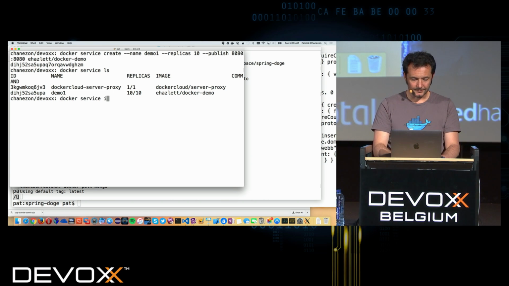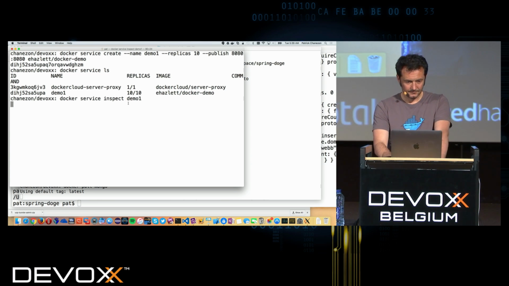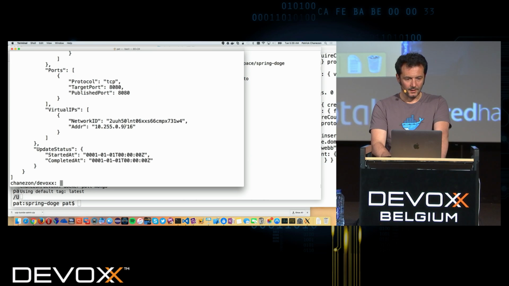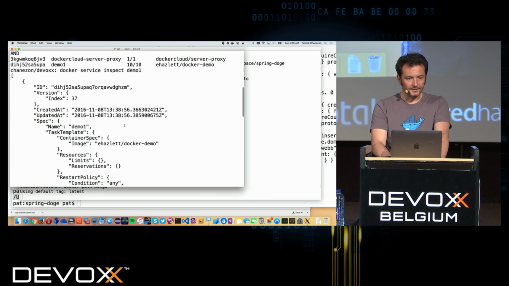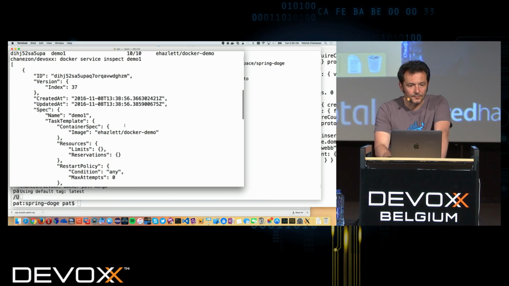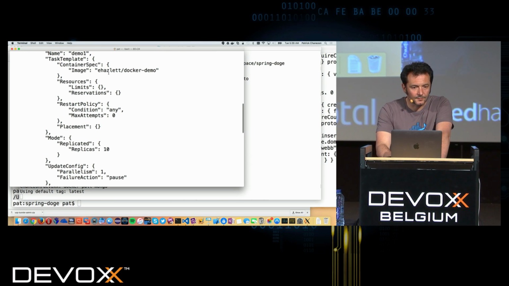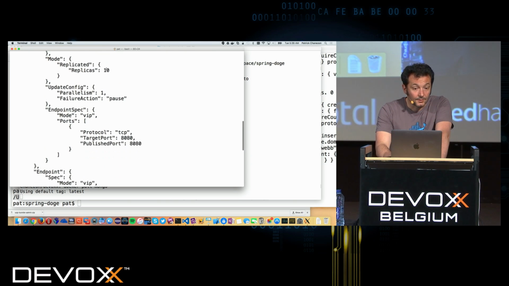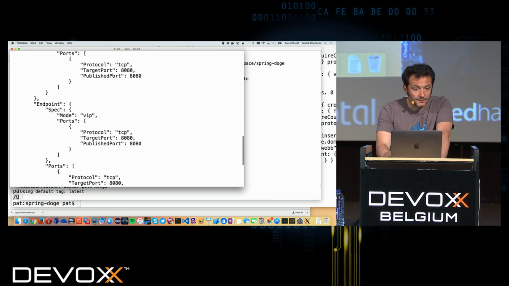If I do a Docker service inspect of demo 1, you can see there I have some more details about the service that I created, the container spec with the image, the number of replicas, the target port and the publish port. So here you can see I published the port 8080.